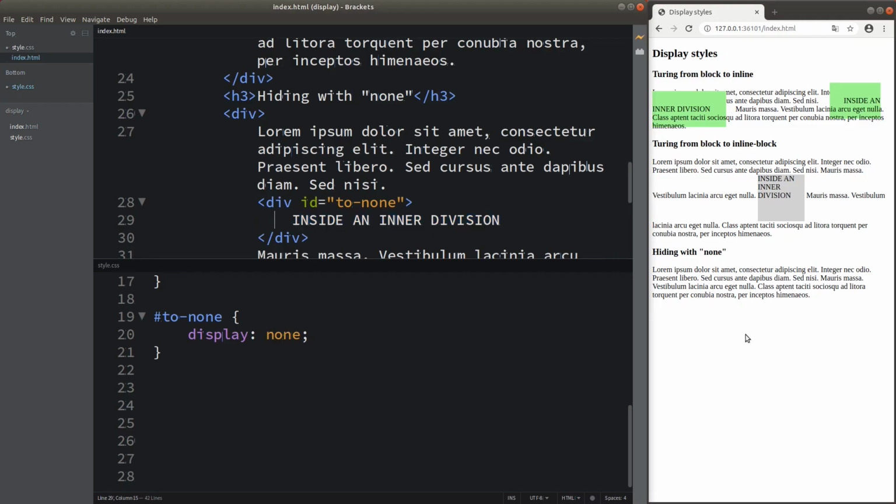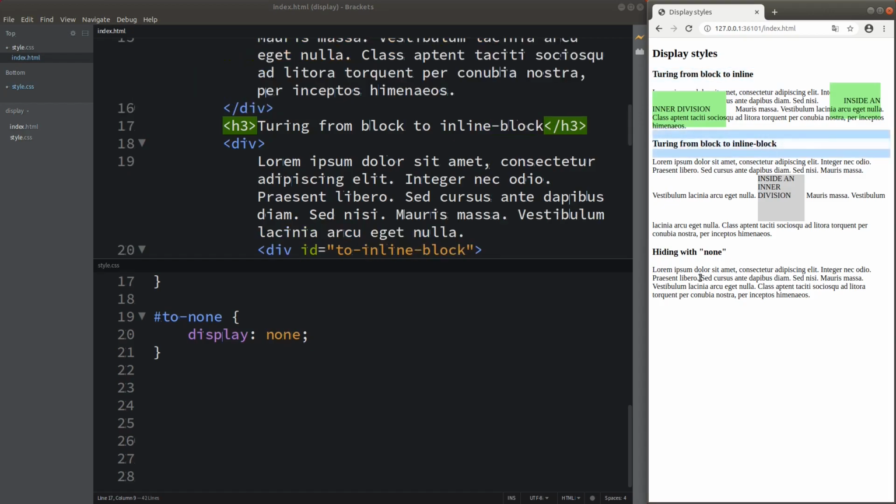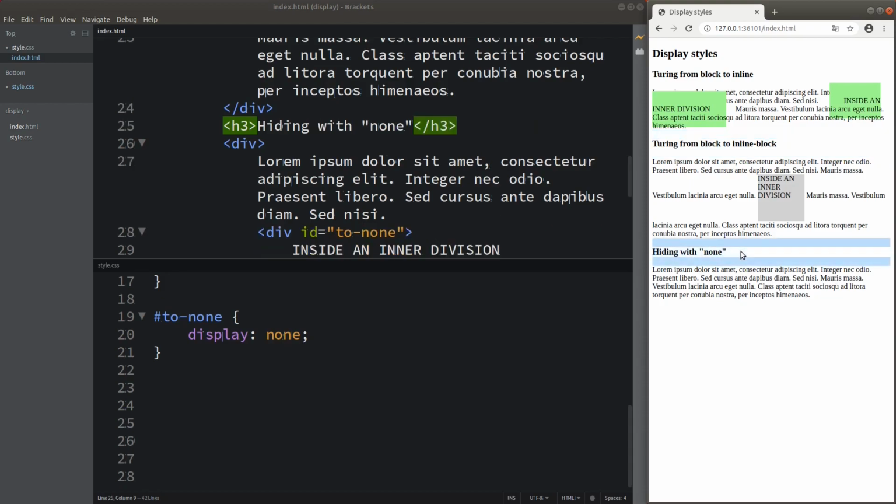So this video talks about some simple ways to change the display mode of your elements, from the block mode to the inline mode, from the block mode to the inline block mode, or we can simply hide the elements away with the none keyword. Actually, there are some more display modes, for example, the flexbox and the grids.